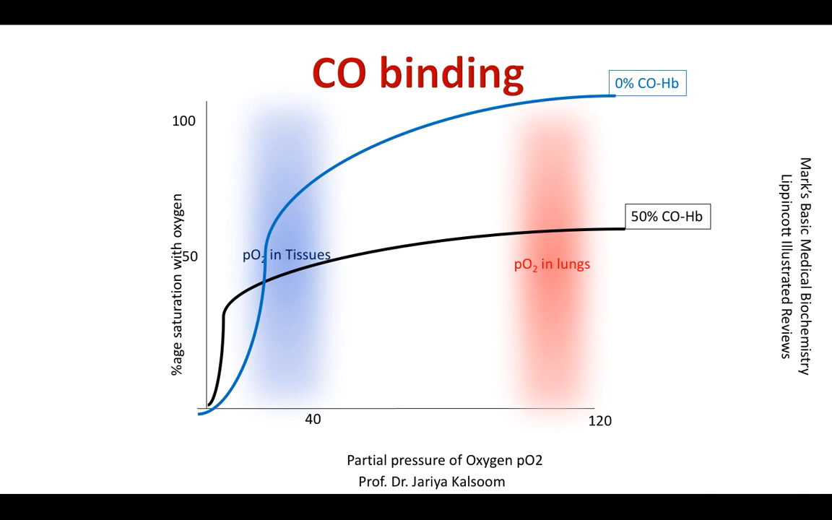The affinity of hemoglobin for carbon monoxide is 220 times greater than for oxygen. Consequently, even minute quantities of carbon monoxide in the environment can produce toxic concentrations of carboxyhemoglobin in